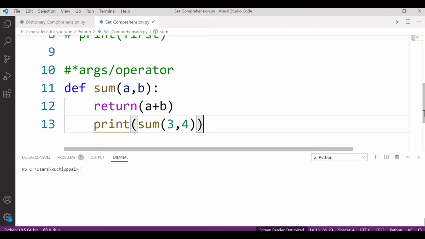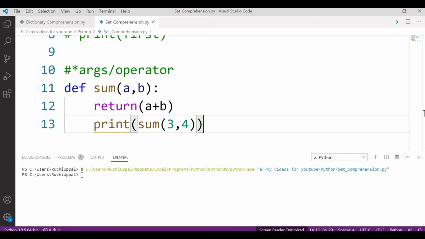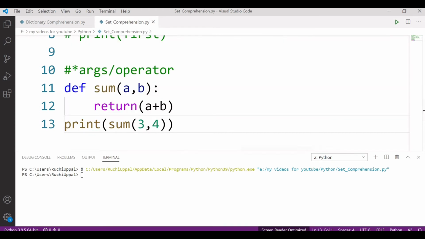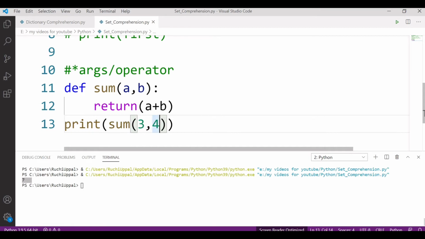Now let's run this and check the value here. What would be the output? Great. It is giving me the sum here, that is 3 plus 4 is 7. So what I have done is declare the function here, then return the value. In the output it is giving me 7, but what if I write here, instead of 2 arguments,